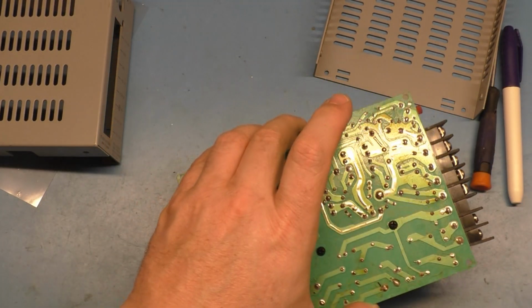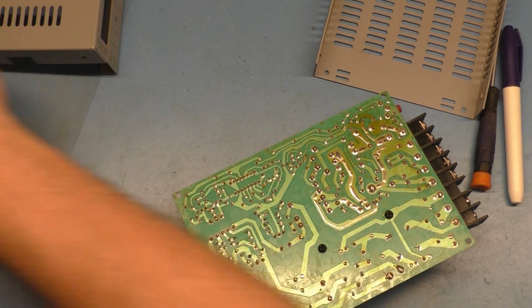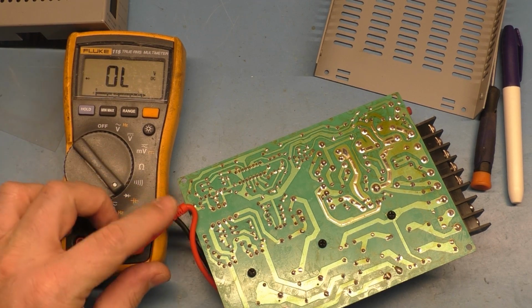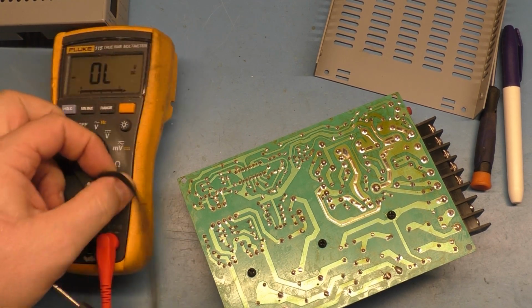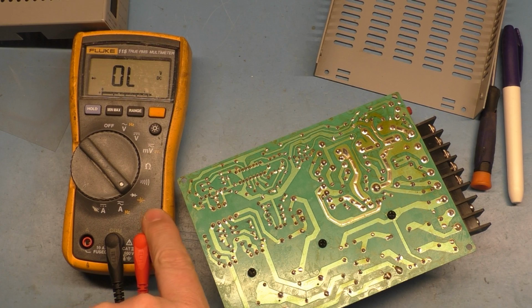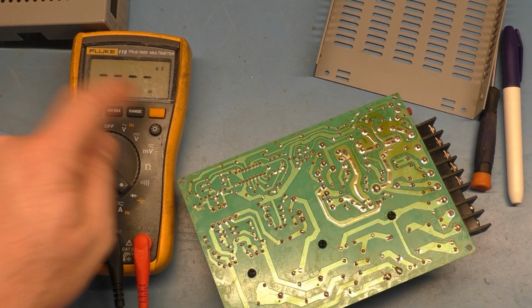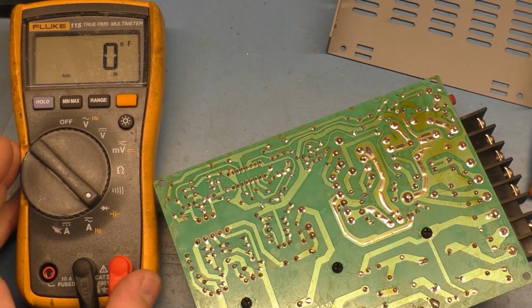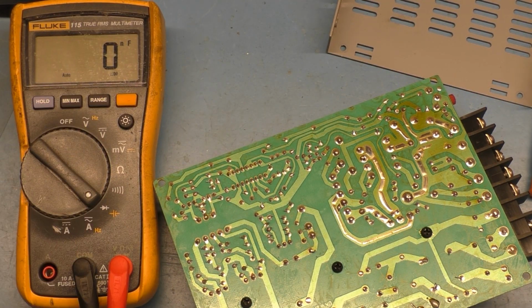So sometimes you can test these in circuit. So if you've got a nice Fluke like this, you put it in the diode checker mode, and then you hit the yellow button to change it to capacitance. So this little symbol here is capacitance. If we hit the yellow button, now we're on capacitance. You can see the little uF right there. So if we were to, for instance, now it's nanofarad because I touched the leads, but